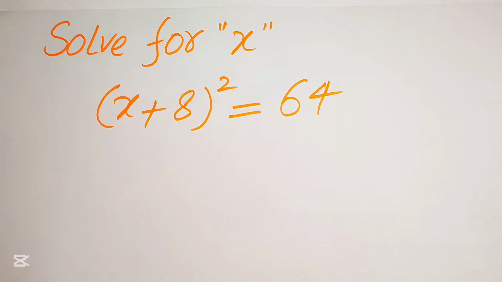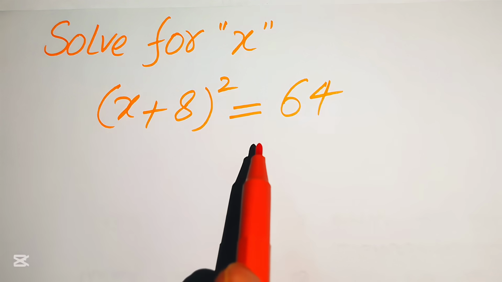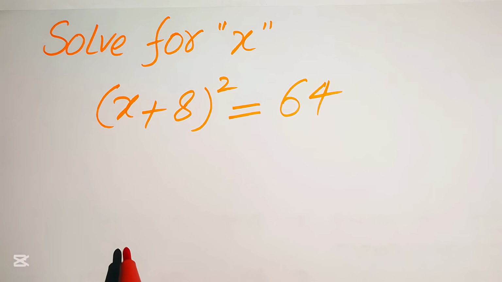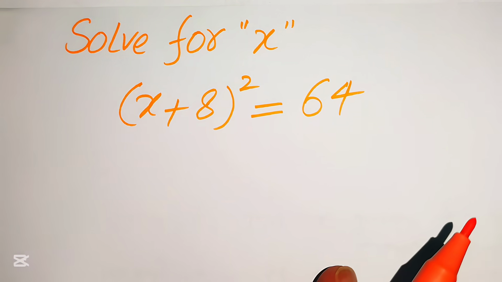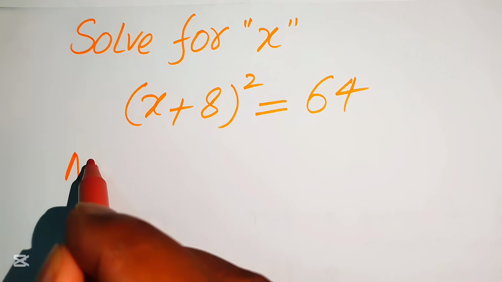So here we have (x + 8) whole squared equals 64, and we solve this problem for the values of x. Now in this problem we will solve this equation by two methods, and I hope